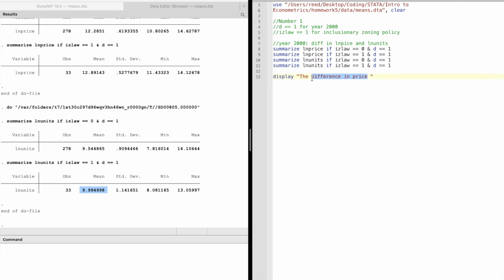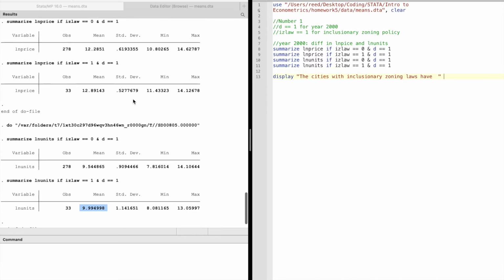So these cities with inclusionary zoning laws have, so we're going to take the difference in price, 12.89 minus 12.2851. Let's be precise here because we got to multiply by 100. And this difference times 100 should give us prices that are this percent greater,